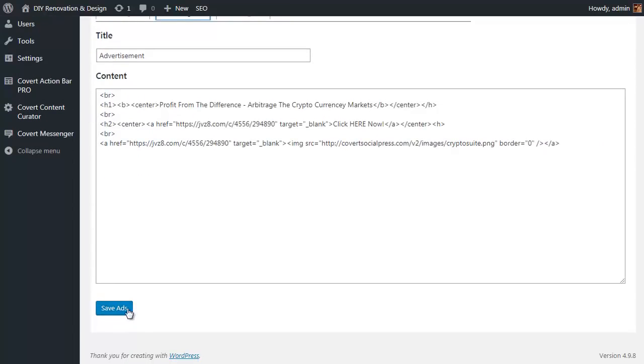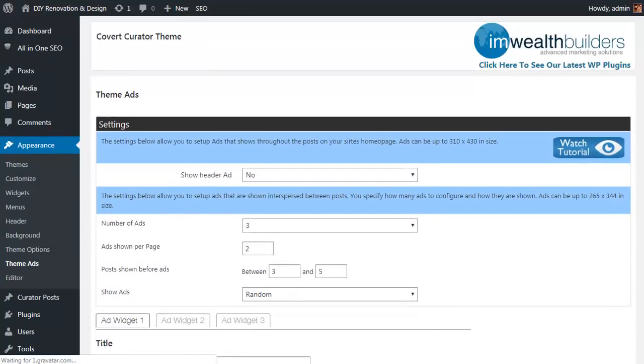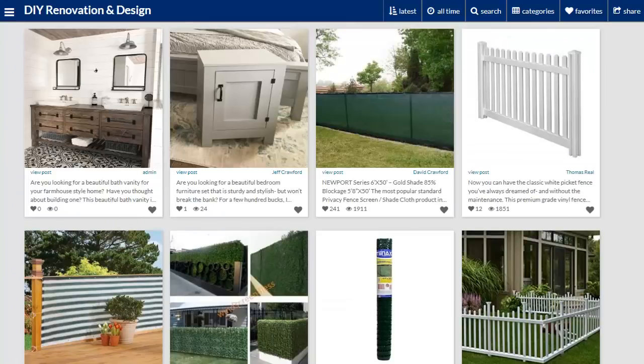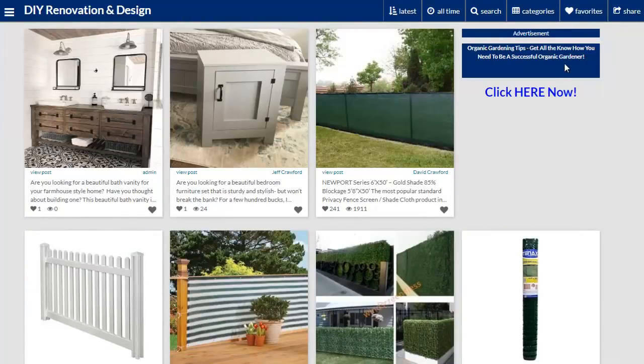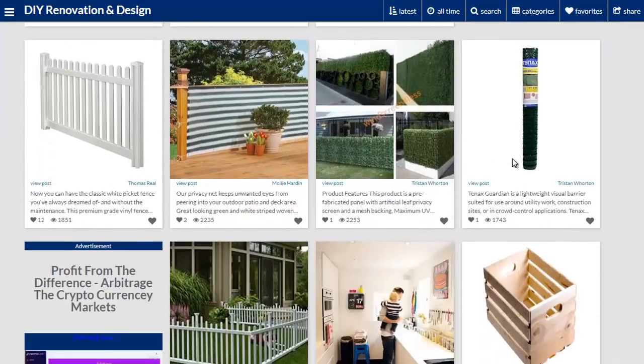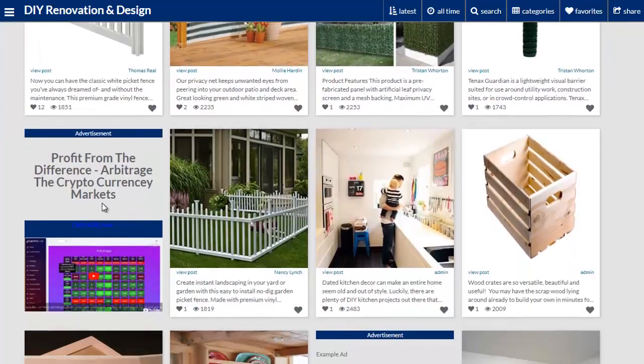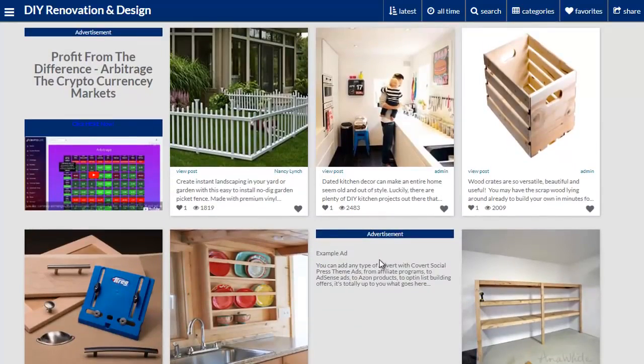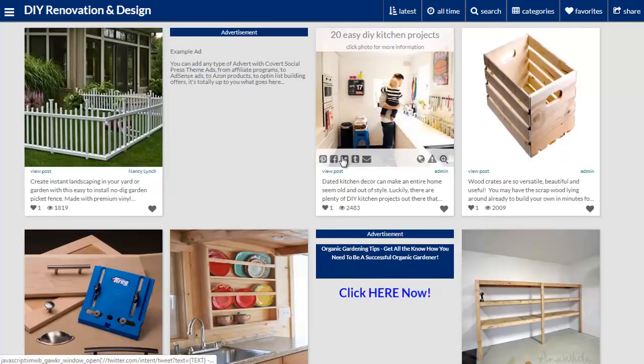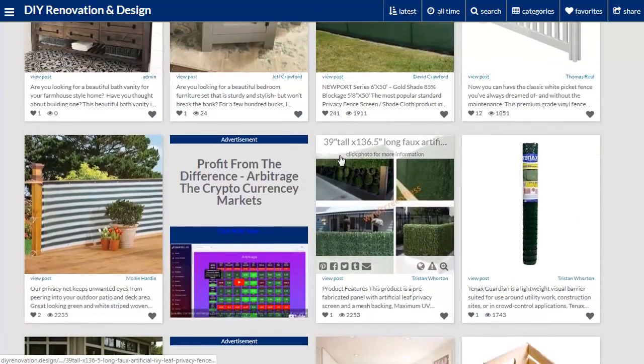Let's scroll down and click on Save Ads so that this is now running, and we can go back to our home page and hit refresh. And once it comes up, you can see straight away there's now an advert appearing within our content. And if I scroll down, here's another one of those 3 adverts. And if I scroll down, here's another one that's just text. And remember, in the settings, I actually set it as random. So if I hit refresh again, it will refresh the page and the adverts will appear in a different order